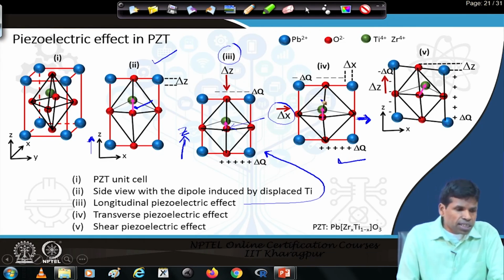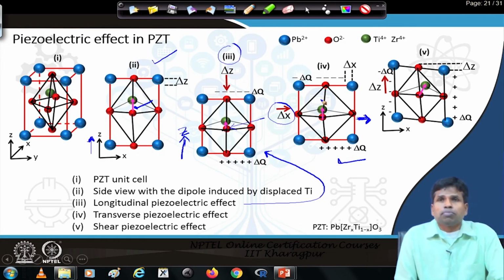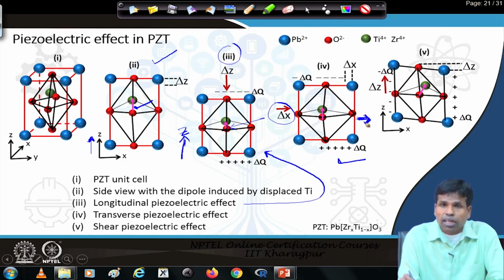The requirement of a piezoelectric material is that it should be non-centrosymmetric, but in the x direction it is centrosymmetric. Therefore, even though we put a strain in the x direction, it will not produce a change in the dipole moment along the x direction, but applying a strain along the x direction would also produce some strain in the z direction,